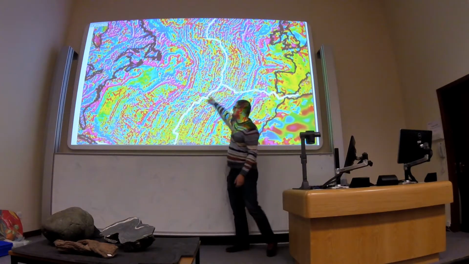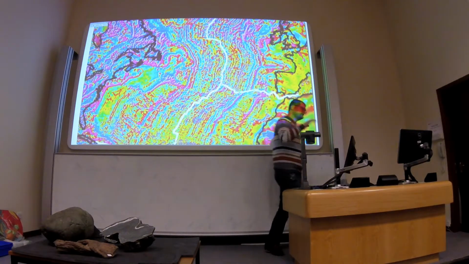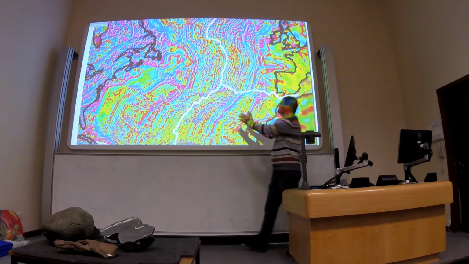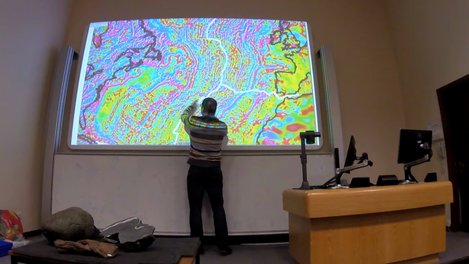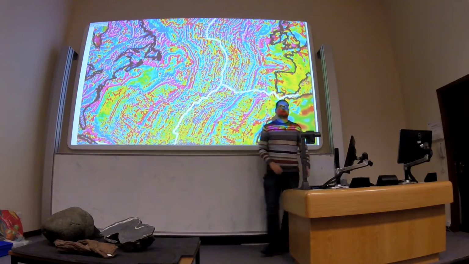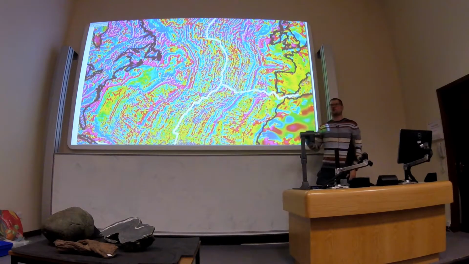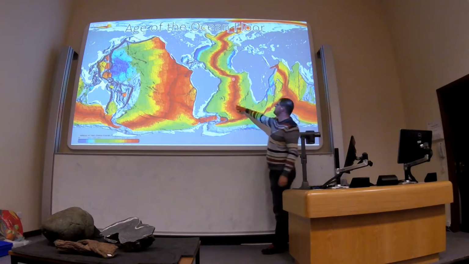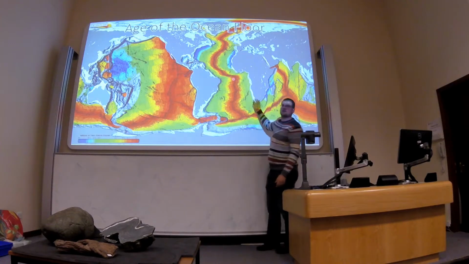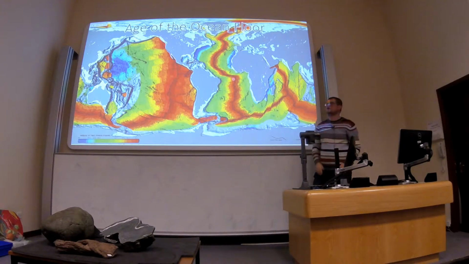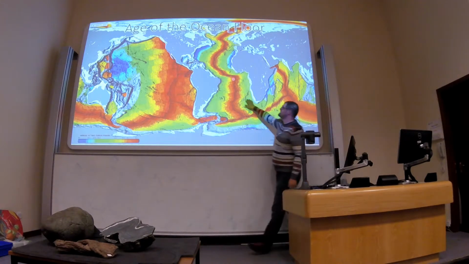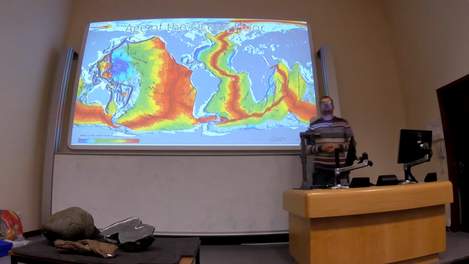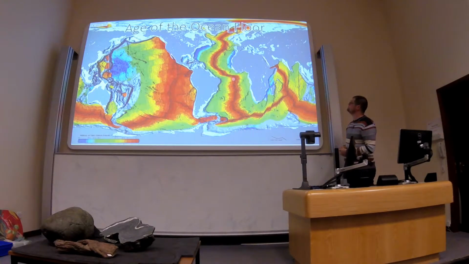And along the mid-Atlantic ridge down here, this is a map of magnetic intensity, so the strength of the field rather than the direction. But you can see that it's a symmetrical pattern about the central axis. And this tells us that rocks are being formed as the ocean crust is. You can see the young crust is by the centre of the ridge, which is formed recently, and that rock gets older away from the middle. So this tells us that there's some evidence for mid-ocean ridge spreading, which is a key part of the theory of plate tectonics.